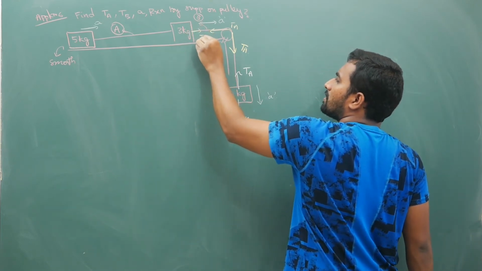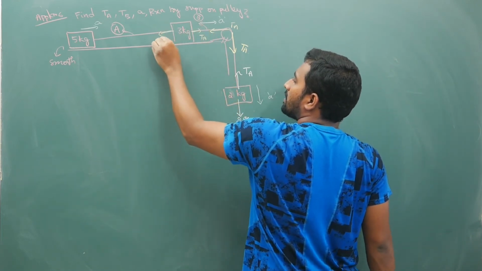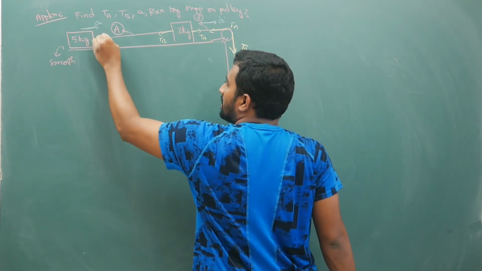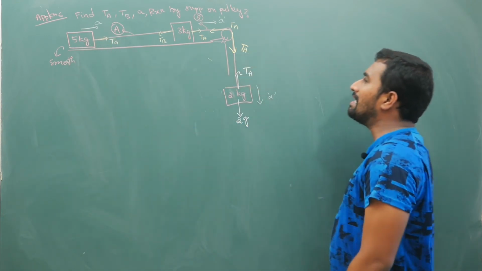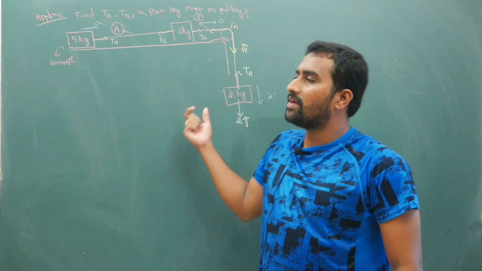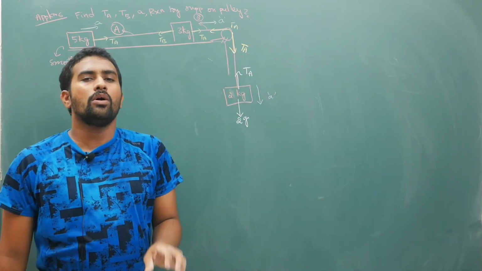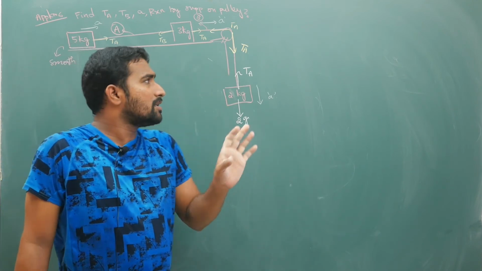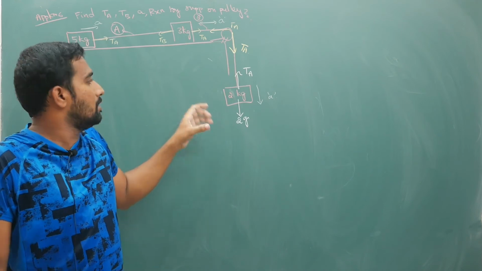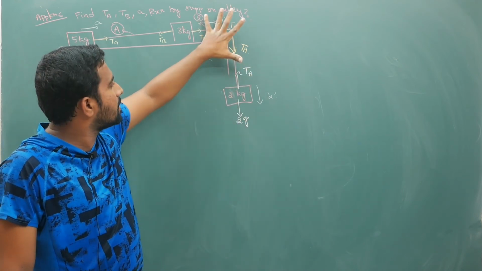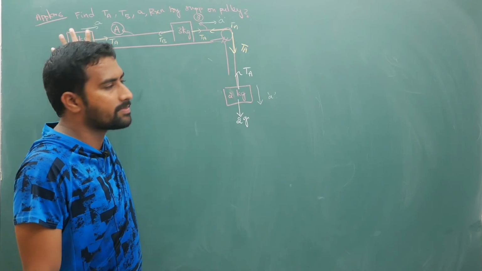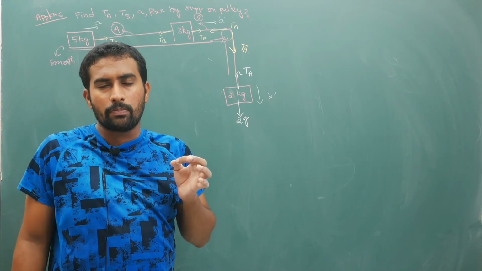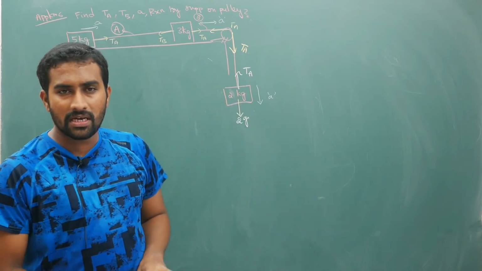On 3 kg block, TA will act this way, TB will act this way, because right side rope will pull towards right, left side rope will pull towards left, and here also your TA will be this way. Okay, actually I am telling you this is a very bad method of solving the problem. Only just to save space I have put these forces. Actually FBD means this is not how you are supposed to draw. You have to draw separately for this part, separately for this part, separately for this part. Okay, but because of the space constraint I am doing this. A good problem solving culture is drawing each figure separately.